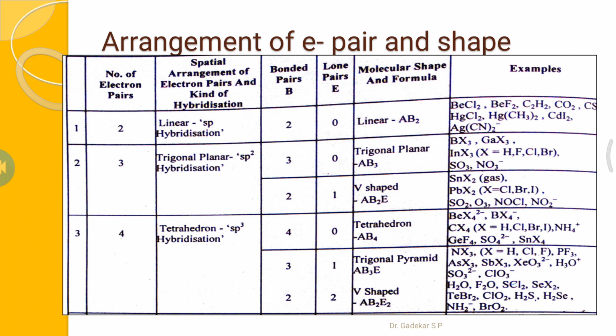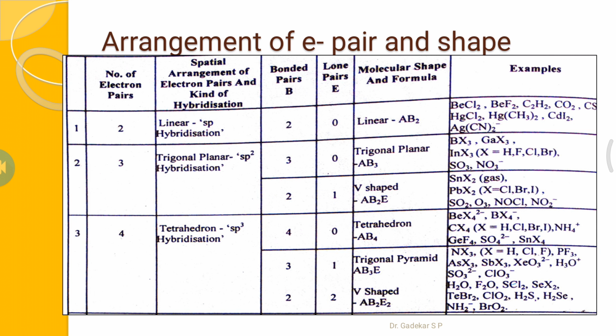Example: boron tetrachloride, barium tetrachloride, etc., CX4, tetrachloromethane, etc. But in another case, these 4 electron pairs with tetrahedral arrangement